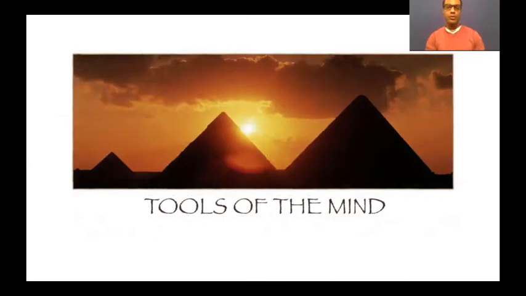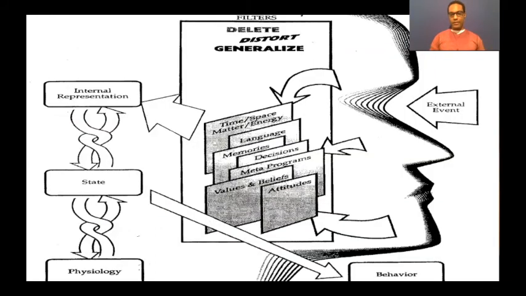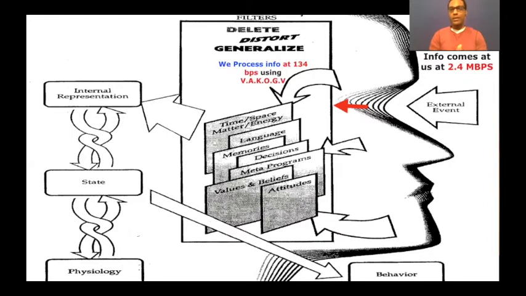So now we're going to jump into the tools of the mind. So let's say this is the representation in your mind. You have information coming at you, and as the information is coming at you, we start to generalize it. We delete, distort, and generalize it. And we filter it through this process, which is the visual, auditory, kinesthetic, and I say OG factor because we